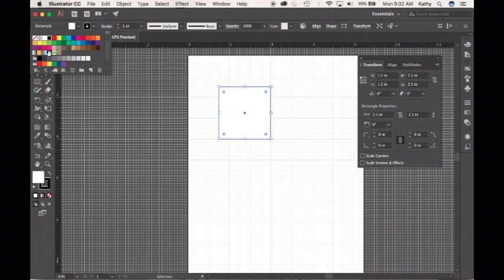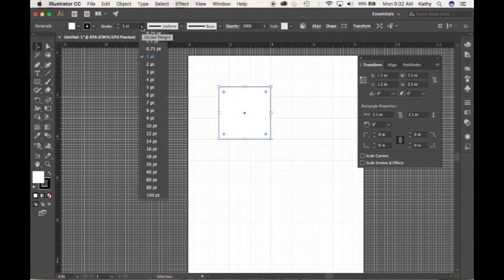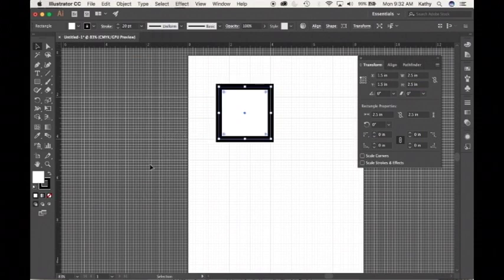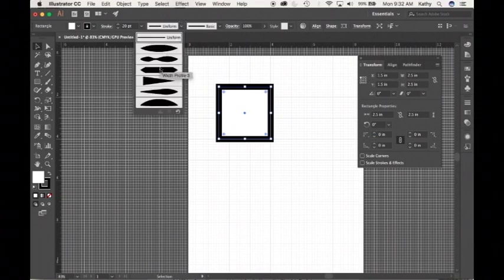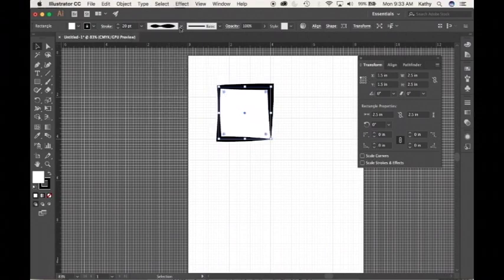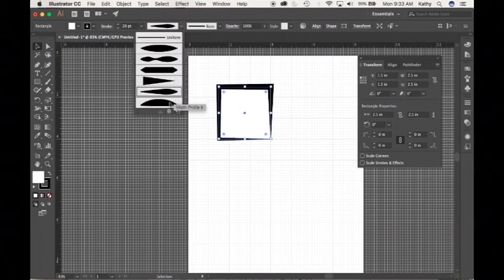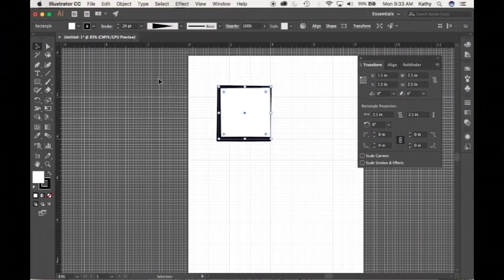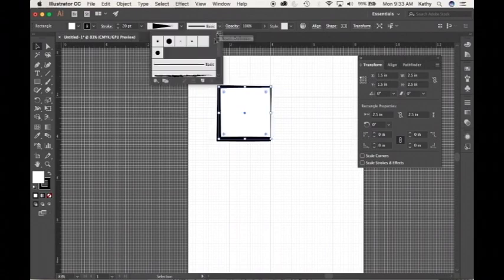I can choose a stroke of any different color or value. I can also change the width of the stroke. Right now it's a 1-point stroke by default, but I could make it a 20-point stroke. I can change its stroke by giving it, instead of a uniform profile, a crazy profile. All sorts of calligraphic profiles are available under this window here, and you will see them change as I mess